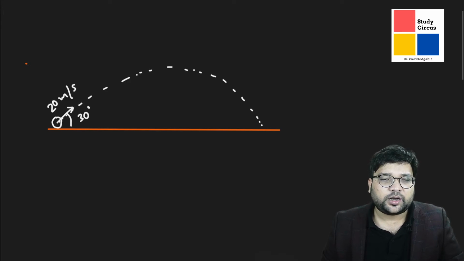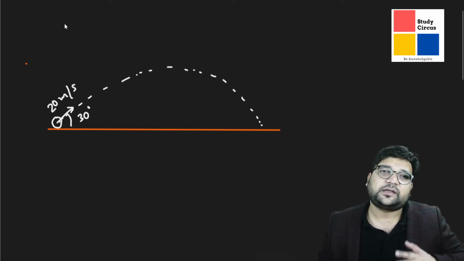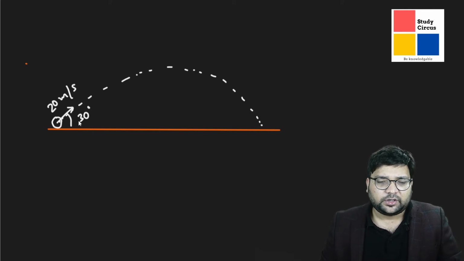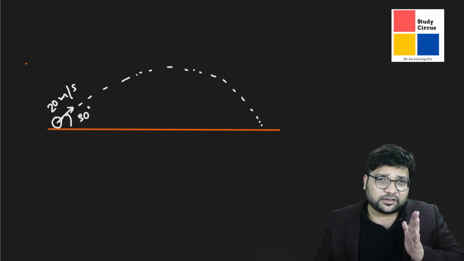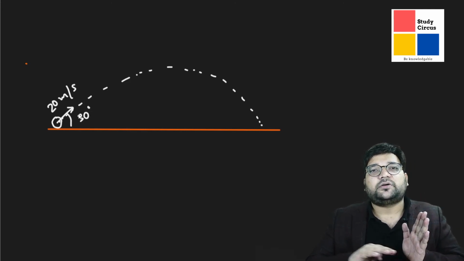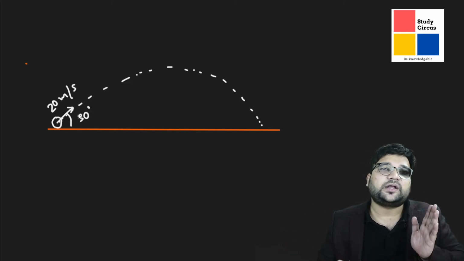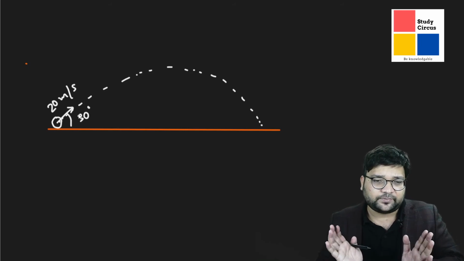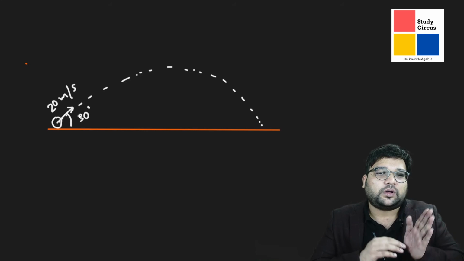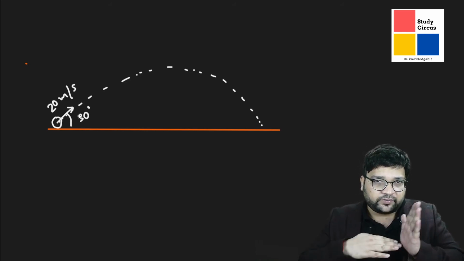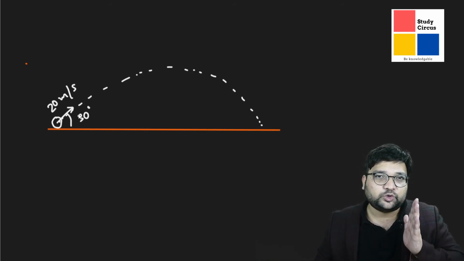So again, the knowledge of vectors is very important to understand exactly what is happening, okay. So we'll just break down the motion of the projectile in the vertical direction and the horizontal direction and try to analyze the two directions independently, okay. This projectile is moving along x also, along y also. X and y are mutually perpendicular directions, right?